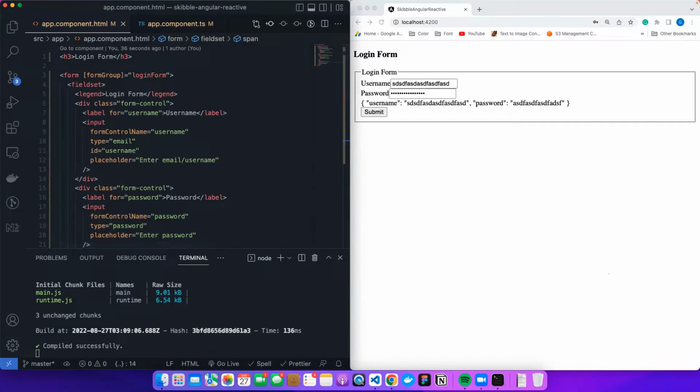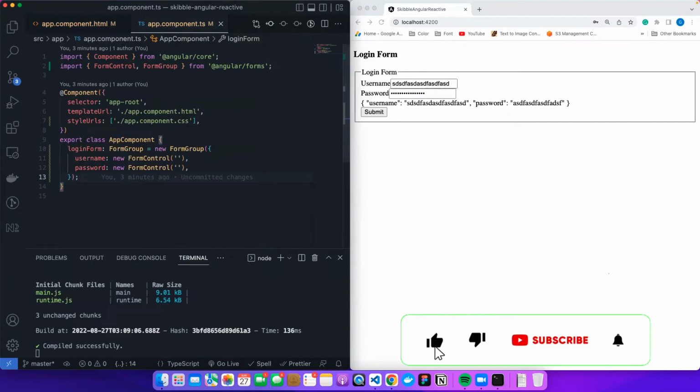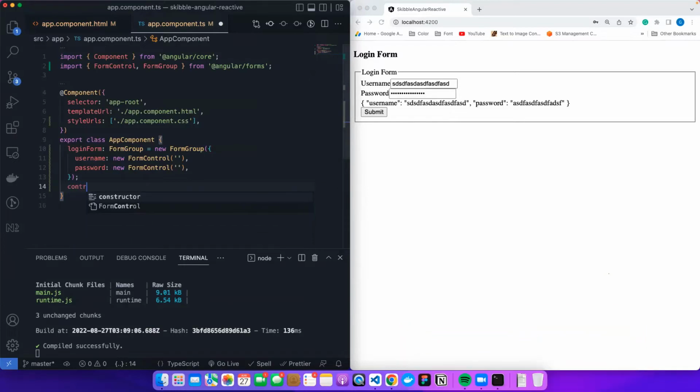Okay, so you can do that. If you need to do that, there is another, better way of doing it with FormBuilder. In the FormBuilder case, you need a constructor. Basically, a constructor is nothing but a function that will be executed at the time of